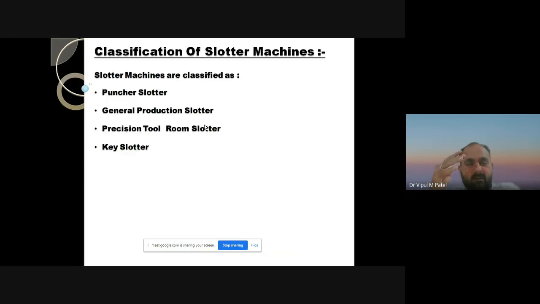As per their requirements, industries have to select the specification of the slotter machine, and they can select a particular slotter machine on that basis. These different types of slotters are used in our workshop to perform different operations on the workpiece.